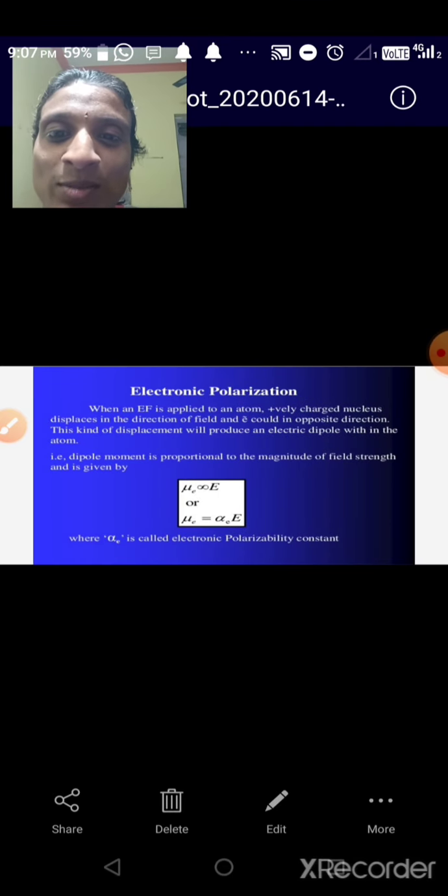First one is electronic polarization. When an applied electric field is applied to the atom, then the atom has two types of charges: a positively charged nucleus